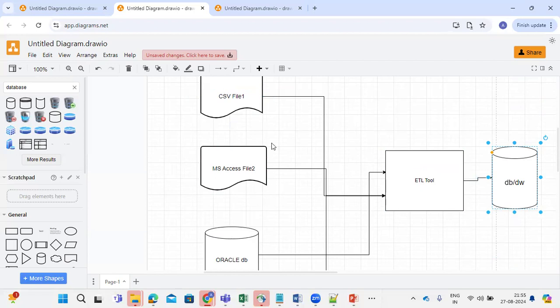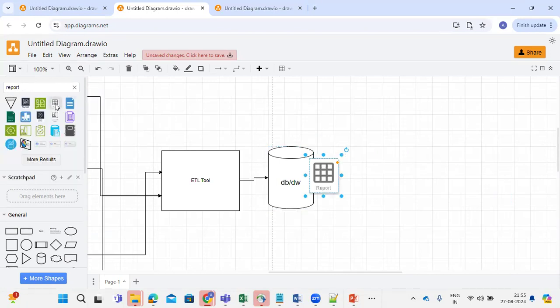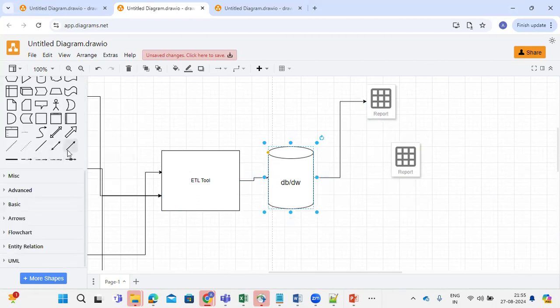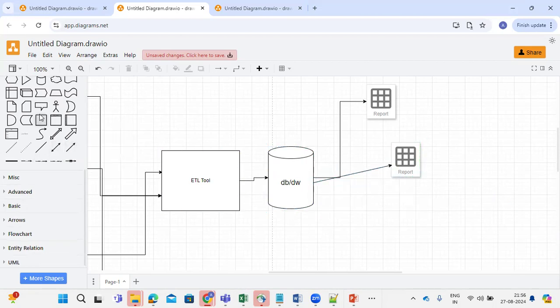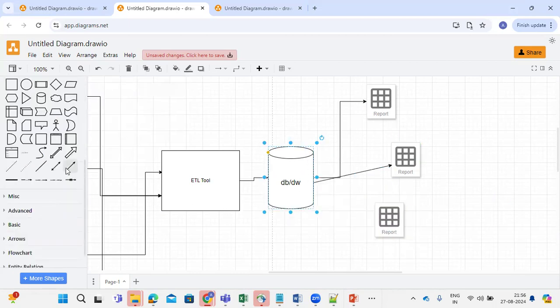Now the entire data is converted. The entire data is available in the same format now. Now the Apollo Pharmacy people can generate reports according to their requirement. They can generate n number of reports according to their requirement. Right? As the data is available in the database or data warehouse,